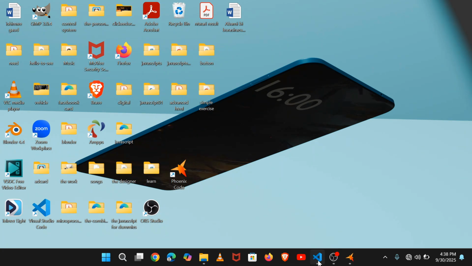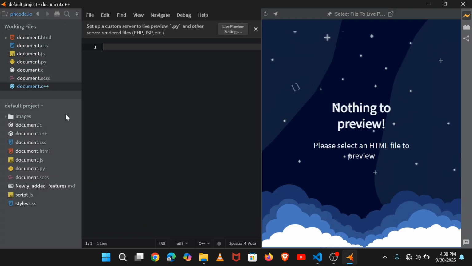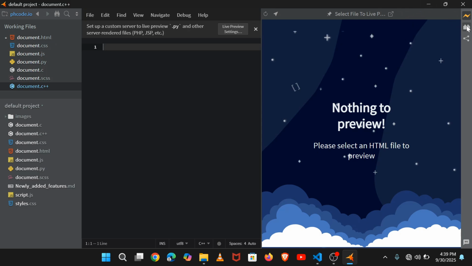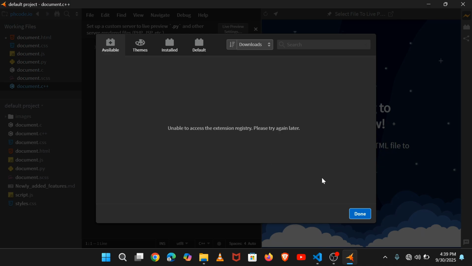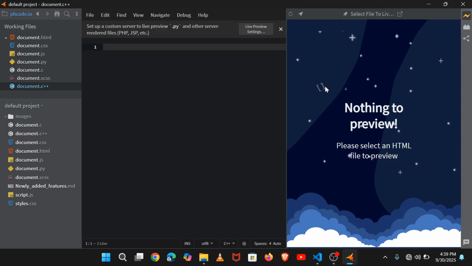They are both offline, and as you can see, this is VS Code Studio. It is a multi-language supporter software, and Phoenix is also a multi-language supporter software. As you can see, it can support CSS, JavaScript, Python, C, SAS, C++, and everything that is very useful while developing your project. When you come here, this is where you find their extensions. You can go online and download it if you have already installed Phoenix Code, and it is very useful. It has its own built-in software for only coding